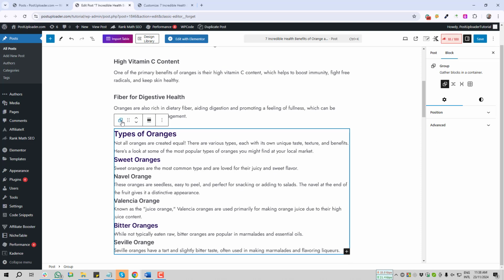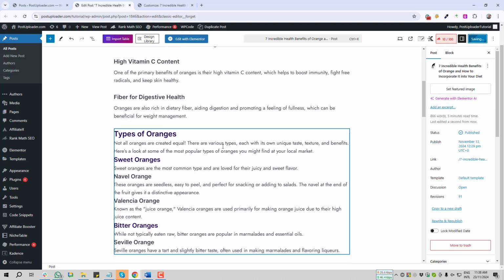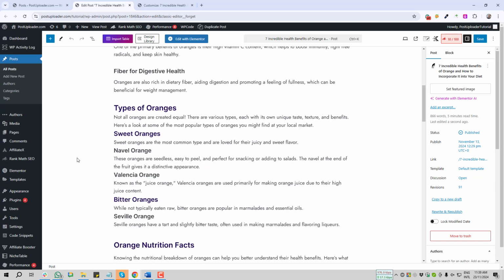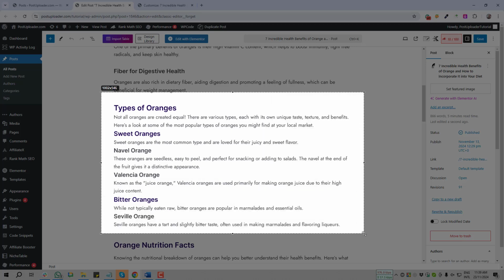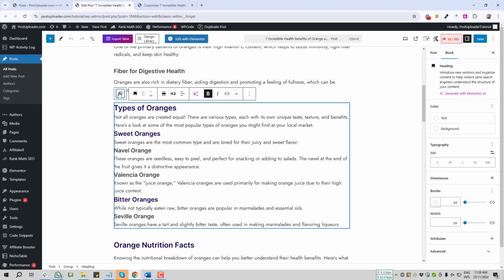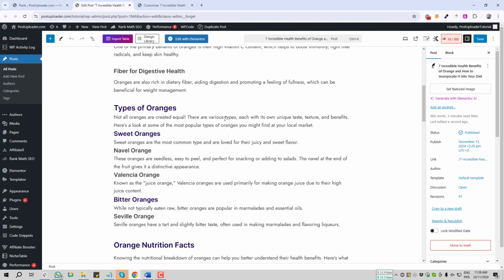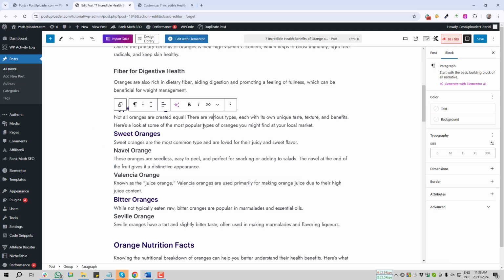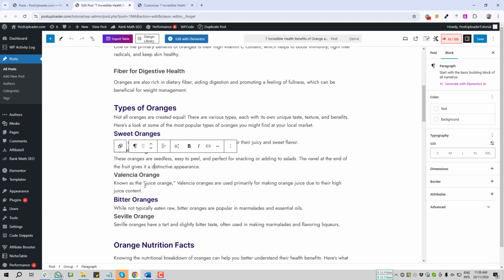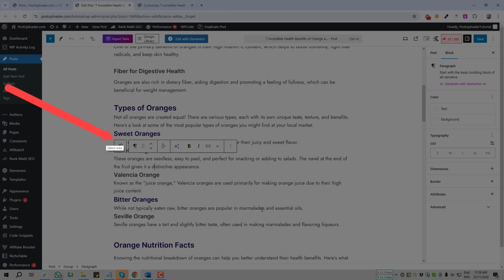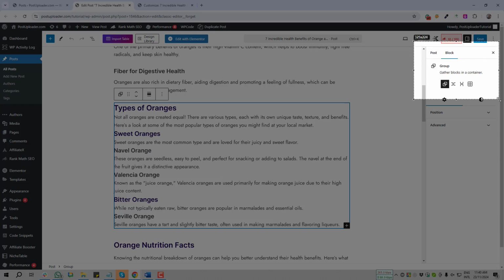Now it's a group. I am giving a refresh, then you can understand easily. So refresh. You see, right now this is a group. As we created the group, now I can select this group. How you are selecting the group, I am showing you. Firstly, click anywhere on this group. After that, at the top left corner, you will get this icon. So click there. After clicking, I have to again come to the right side and have to select this block